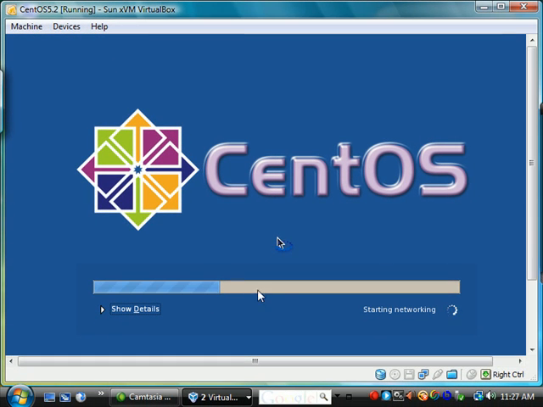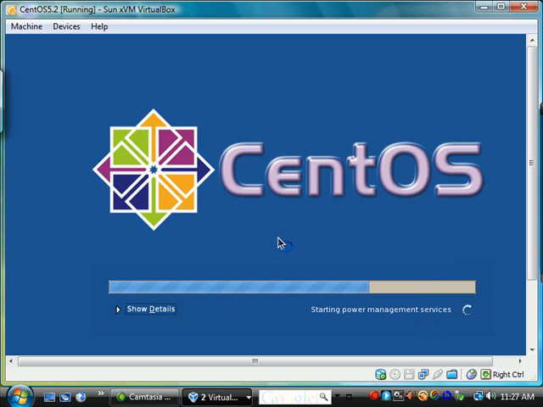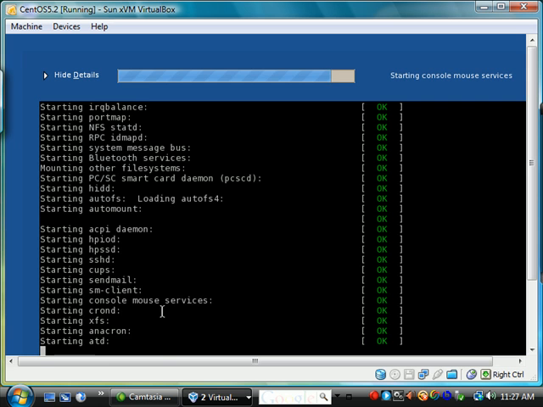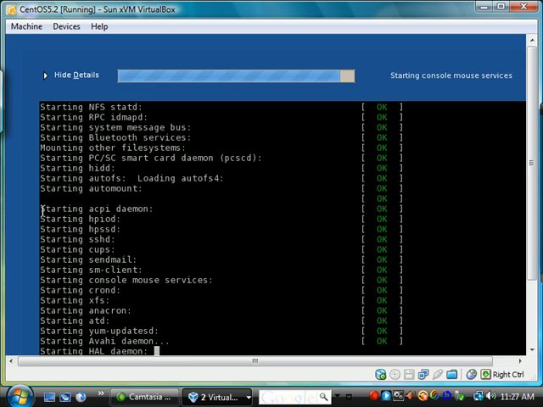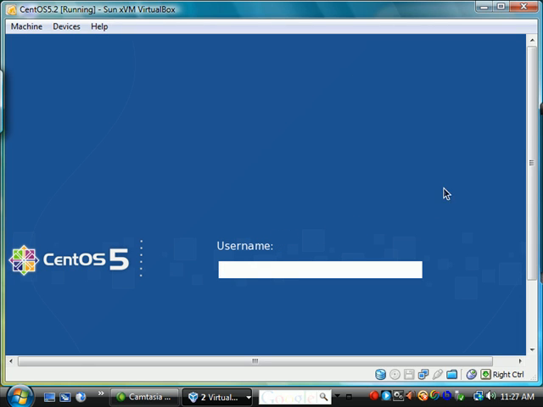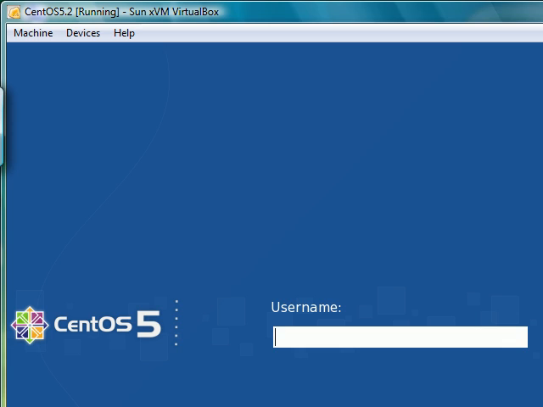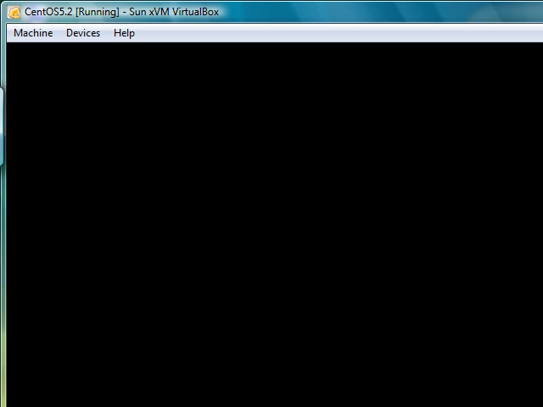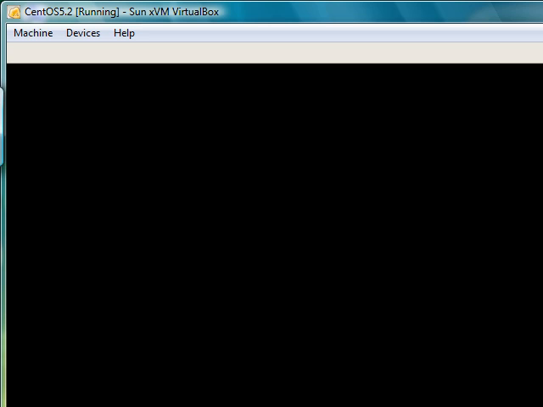Now we see it has a nice graphical environment and it's telling us what it's doing. If I click on Show Details, it switches from this nice graphical interface to a more typical Unix startup sequence, where it shows every item that is being started. Once it is started, we could go ahead and log in by entering our username and then our password. Remember, passwords are case sensitive. And that's it for booting up and logging in to the